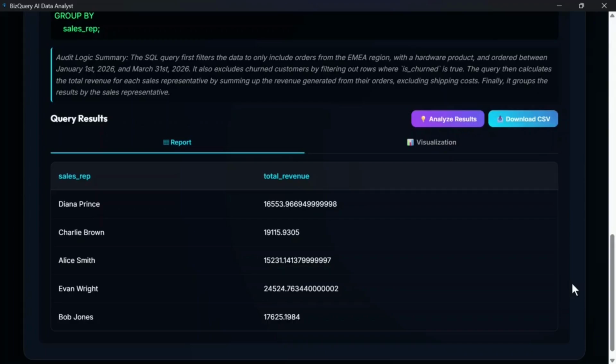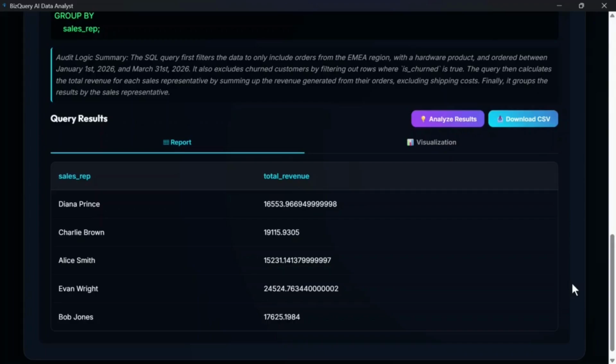It computed the revenue by factoring in quantity, unit price, and discount percent, while also accounting for order-specific overhead like shipping cost. The central brain performed a complex join in the background. It looked at the order date to hit the Q1 2026 window, checked the product category to filter for hardware, and cross-referenced the customer status, is_churned, to ensure the revenue was healthy. This demonstrates the AI's ability to handle multi-step logical filtering through a single natural language prompt.